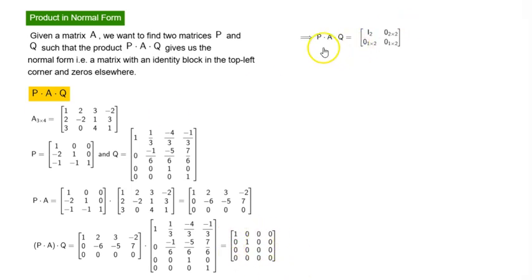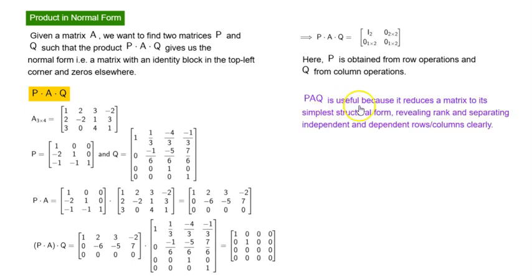That implies that PAQ is equivalent to the normal form. Here, remember, P is obtained from row operations and Q from column operations. PAQ is useful because it reduces a matrix to its simplest structural form, revealing rank